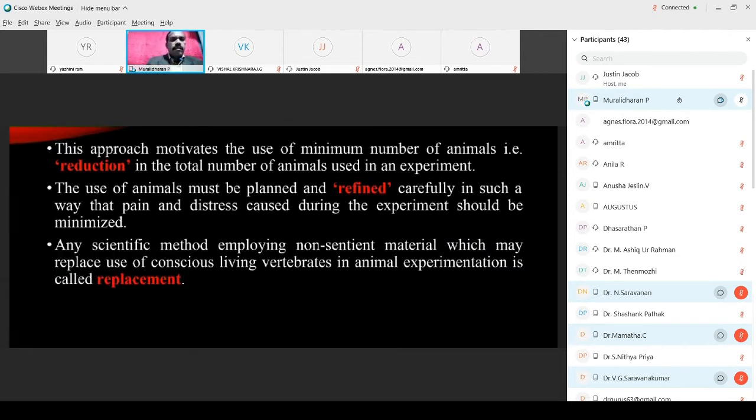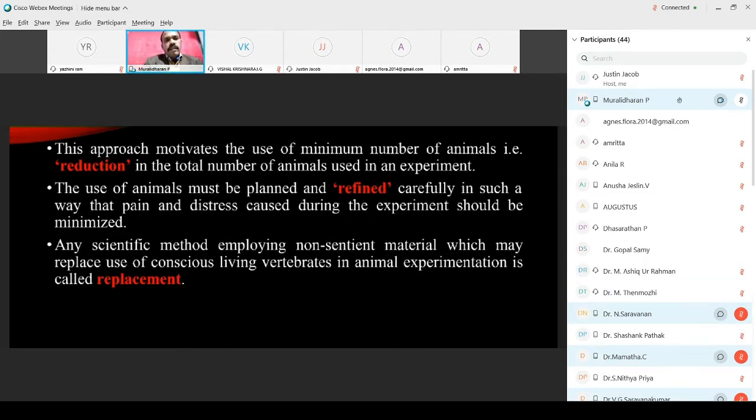So the 3 R's approach motivates the use of a minimal number of animals, that is reduction in the total number of animals used in an experiment. And then the use of animals must be planned and refined carefully in such a way that pain and distress caused during the experiment should be minimized. And any scientific method employed